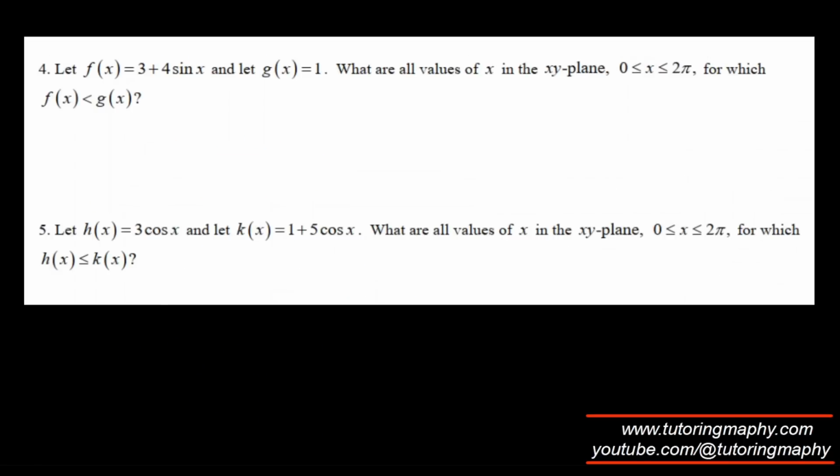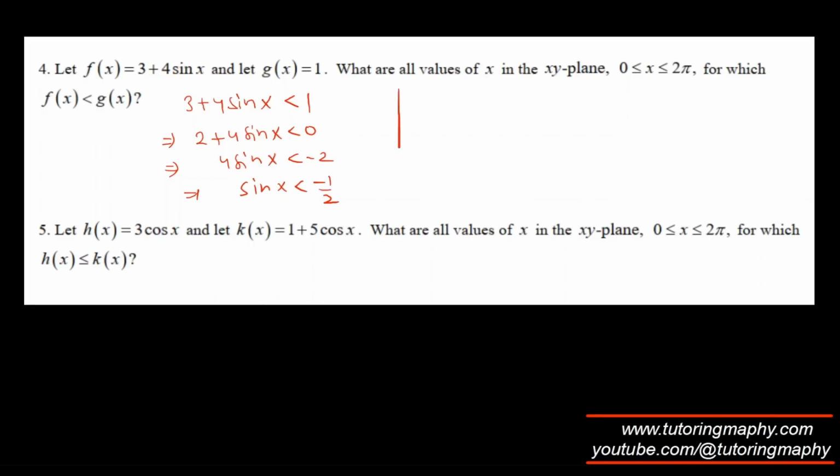All right. Over here, they're asking when is f of x less than g of x. So f of x is 3 plus 4 sine x, which should be less than g of x. g of x is 1. I'm going to subtract 1 from both sides. So 2 plus 4 sine x should be less than 0. Actually, I should have subtracted 3 from both sides. But anyway, 4 sine x is less than minus 2. And then dividing both sides by 4, sine x is less than negative 2 over 4, which is negative 1